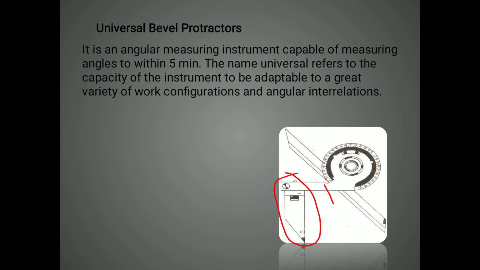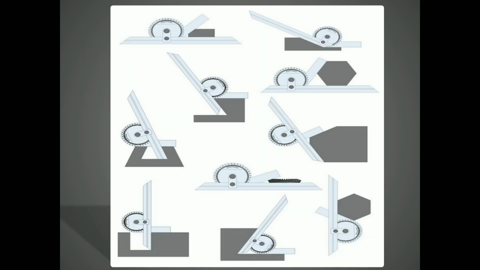Already we have seen it has the stock, the blade, then the vernier scale, then the main scale turret. So these are the principal parts of the universal bevel protractor, but an extra attachment is given, that is the acute angle measurement setup accessory, so that we can measure all types of angles here. So let us see the examples of the vernier bevel protractor, universal bevel protractor, as well as optical bevel protractor. These are the practical applications.